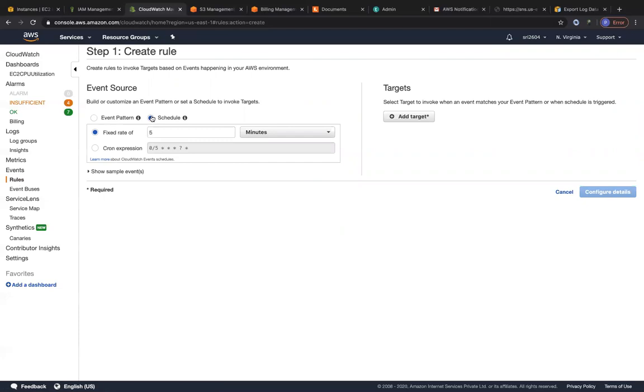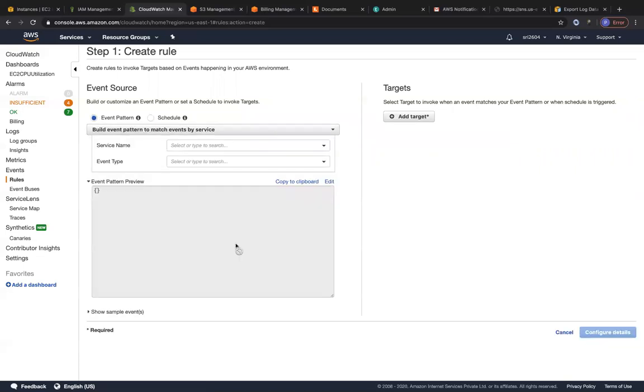So this schedule is a little different than the cron schedule that you saw a little bit before. This particular schedule has 6 fields. You can see 1, 2, 3, 4, 5, and 6 over here. This cron expression is a little bit different than the cron expression that you saw previously. But we are not going to do a scheduled event over here, but also remember that you can do a scheduled event. We are going to go with event pattern over here, and we are going to choose specific services.